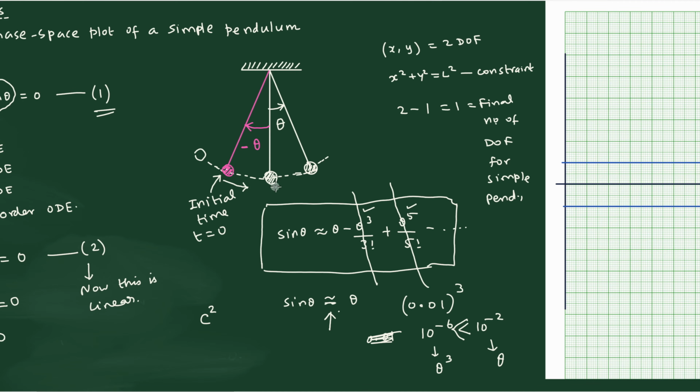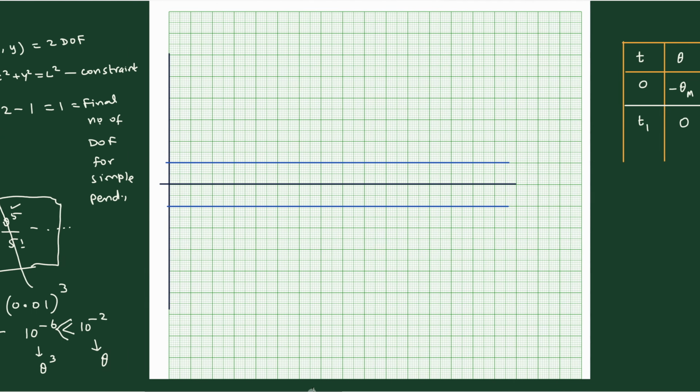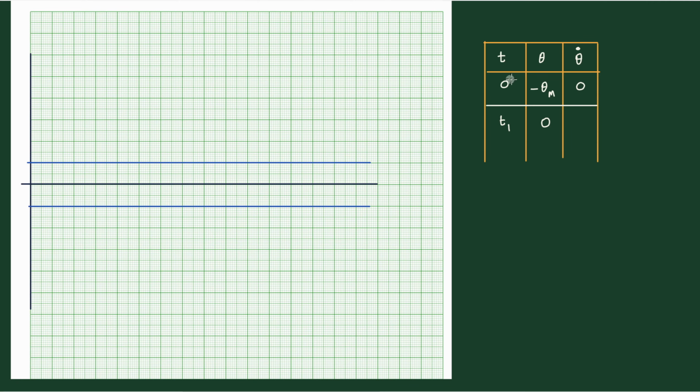And then after that, it crosses this equilibrium point and reaches this particular value, which is theta maximum. I'll put a suffix on both sides. It reaches this particular place where the angle is theta maximum. And when that happens, you'll have to note down the time. So if you note that down, let us write down those values here. Time t1 is the place where it is at 0, and then it will go to plus theta maximum. And when that happens, the time is t2.